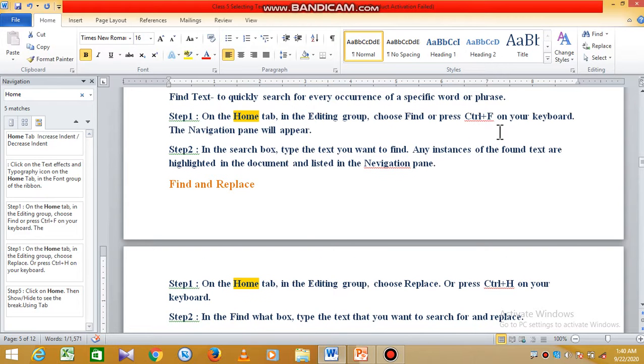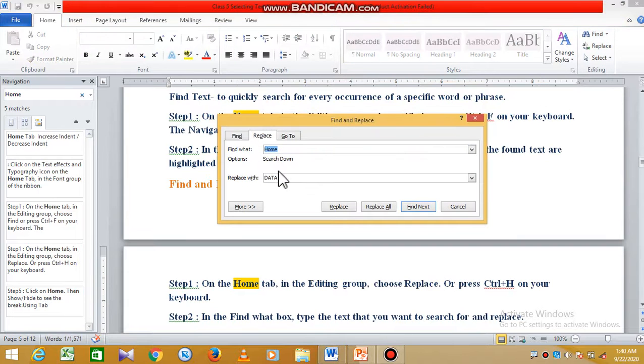Now I want to replace this word with data. If you click on Replace, it will replace only one word. Replace All means all the words which you find in your document will be replaced with this word data. Find Next means after leaving one, it will move to the next word to replace the text.